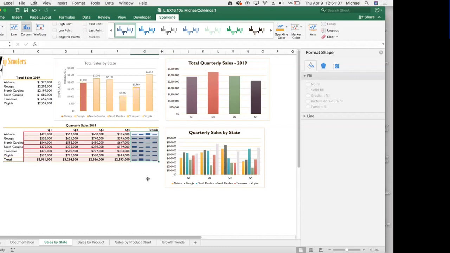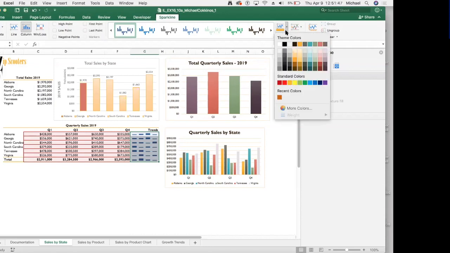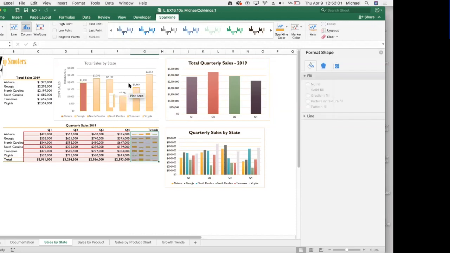Okay, so now you can actually change the colors of those Sparklines. Over here you have the colors and color markers and things like that. So under Sparkline color, let's see what we got here. What are they asking me for? Gold accent 1. Okay, so that would be this guy. Okay, so there you go. It kind of goes along with the